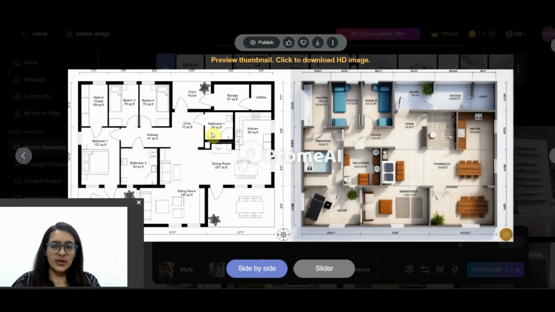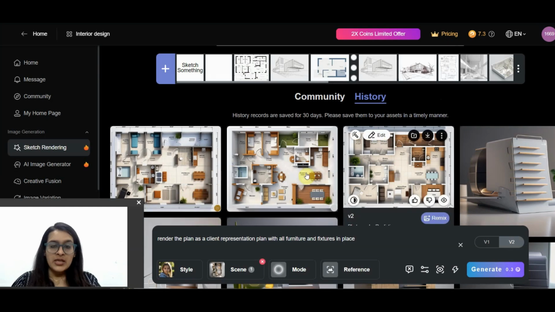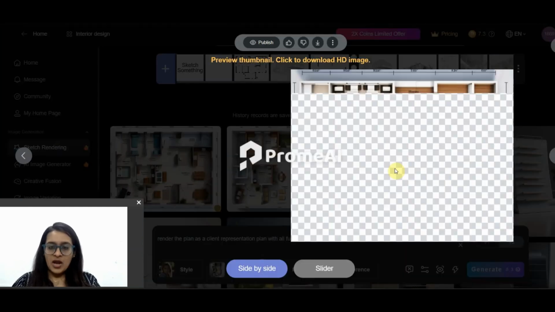But there are a few other plans as well. Here they have given a different bedroom. Living is much better here. There's some glitch here, but otherwise things look great. Even the storage, utility, and front porch have been mixed into each other, so we have to rectify this. Let's see the third plan, how they've done.